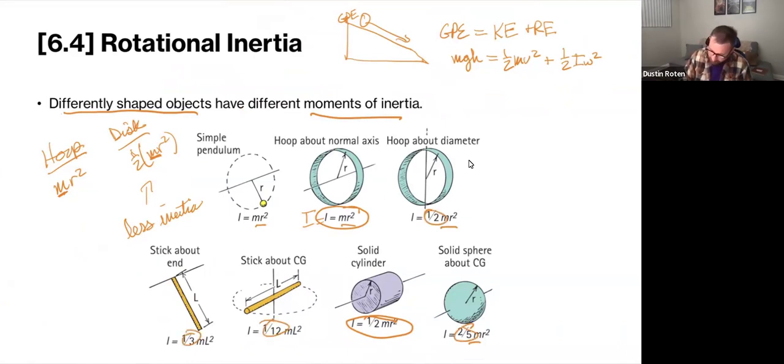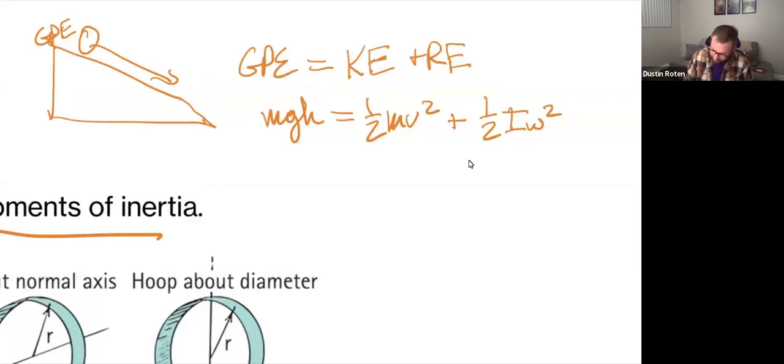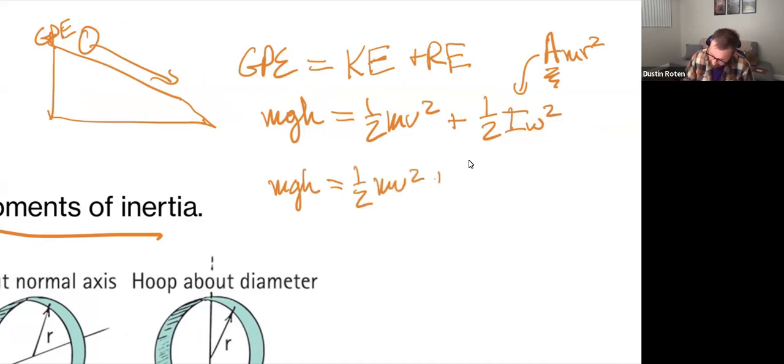So for whatever thing we're talking about, I'm just going to say a mr squared. Then if we're talking about a hoop or a sphere or a disk, we can replace this a with whatever coefficient is out front. So the whole idea here is mgh, gravitational potential energy, is split between our kinetic energy plus 1/2, here comes my substitution,